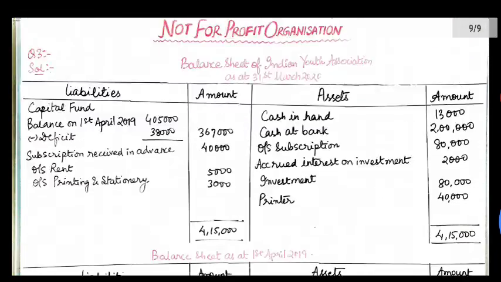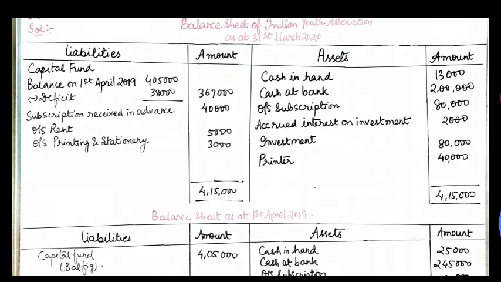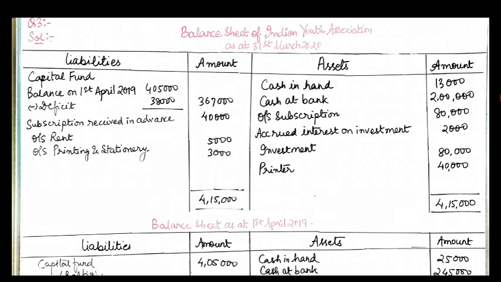Moving on to the opening balance sheet. Cash in hand 25,000, cash at bank 2,45,000, outstanding subscription 80,000 and capital balance is 4,05,000. As a result, we get our closing balance sheet. Cash in hand 13,000, cash at bank 2 lakh, outstanding subscription 80,000, accrued interest on investment 2,000, investment 80,000, printer 40,000, capital balance 4,05,000 minus deficit 38,000,